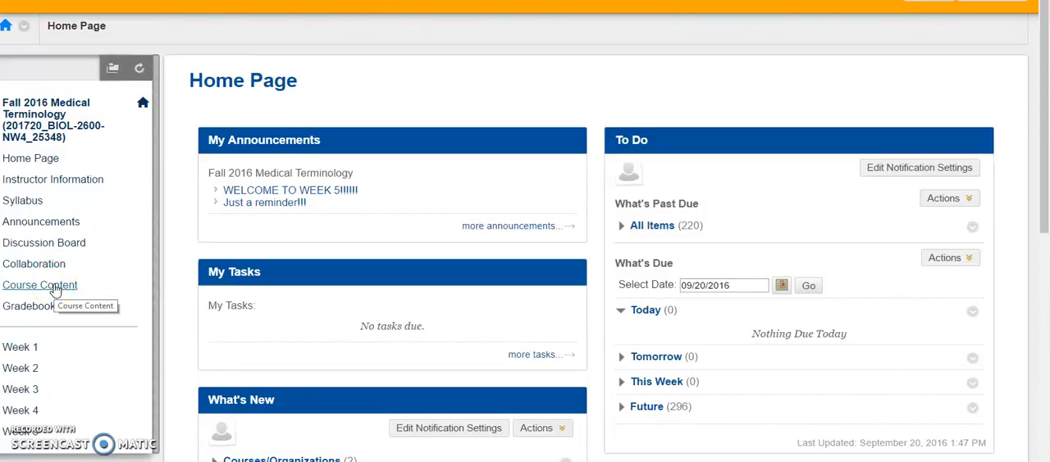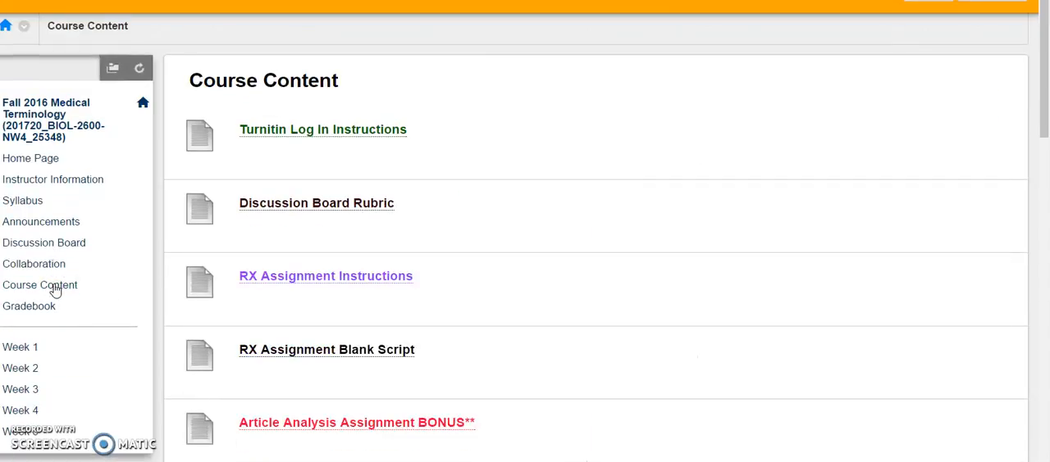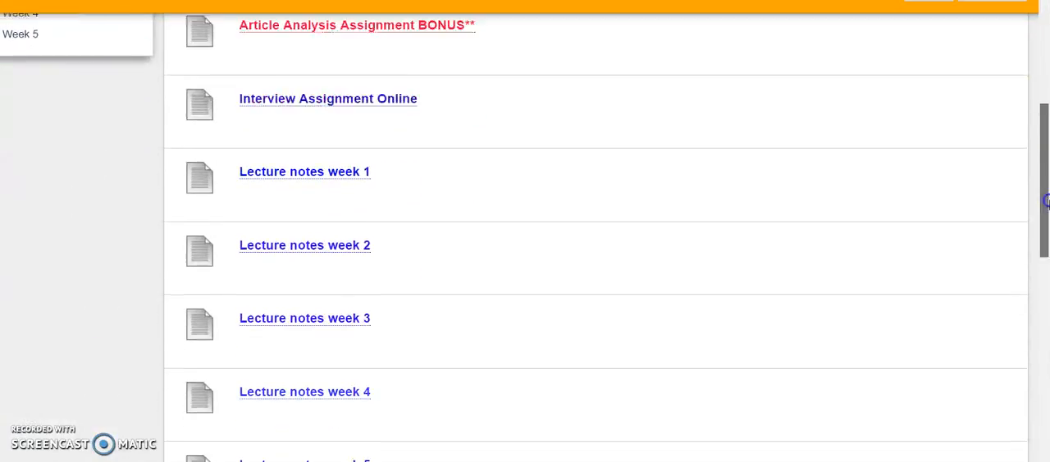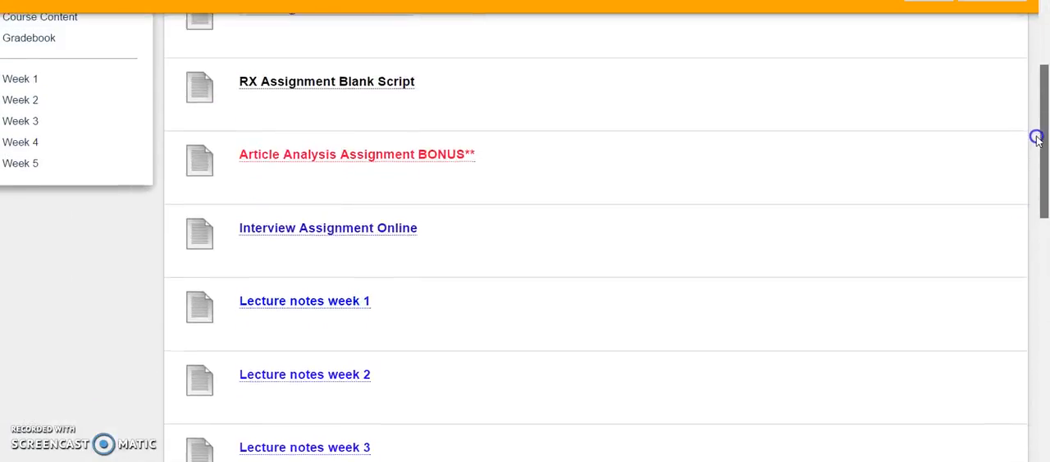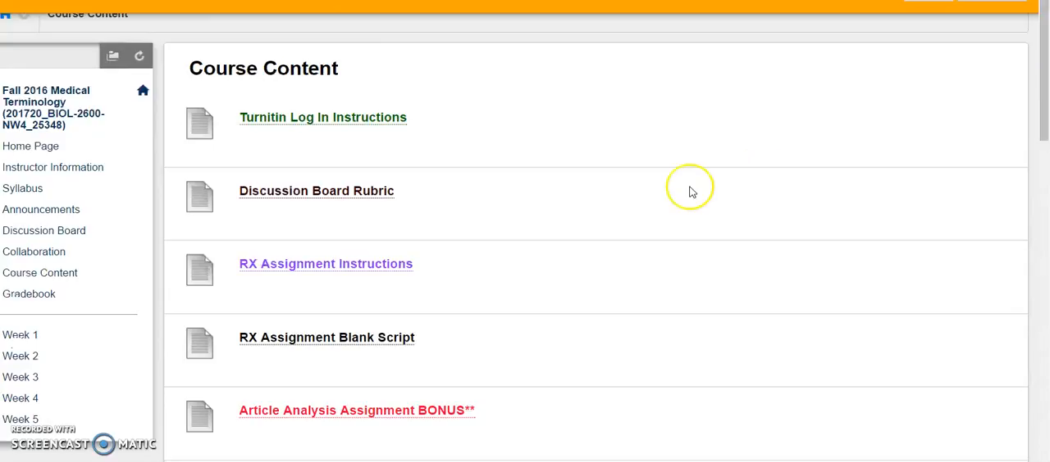Now, on the left of the screen, if you click on course content, you will see all of the course content that you need to be successful in the course. Someone asked about Turnitin instructions, saying they've never seen it. Well, I posted an announcement that the course content link had all of the assignments you needed. So here it is, Turnitin instructions. You click on it,